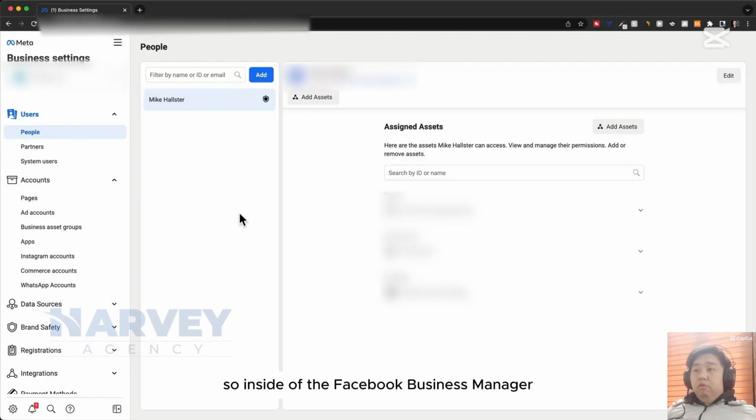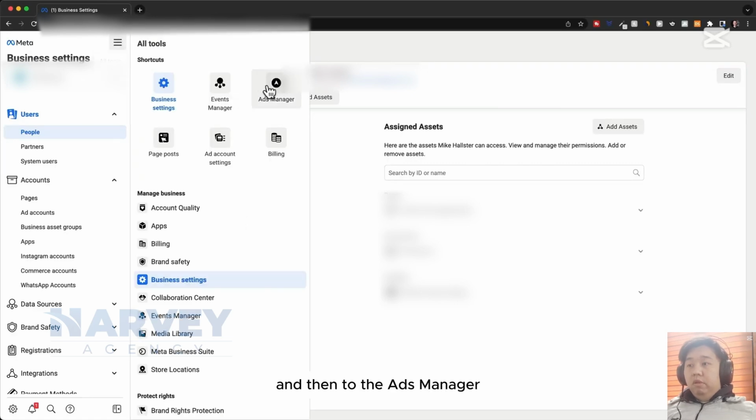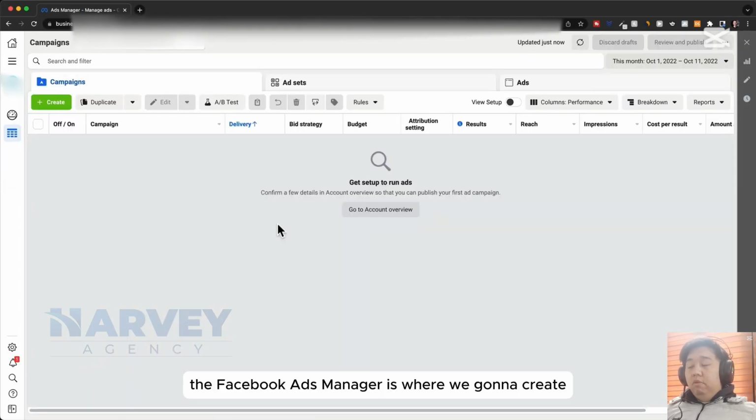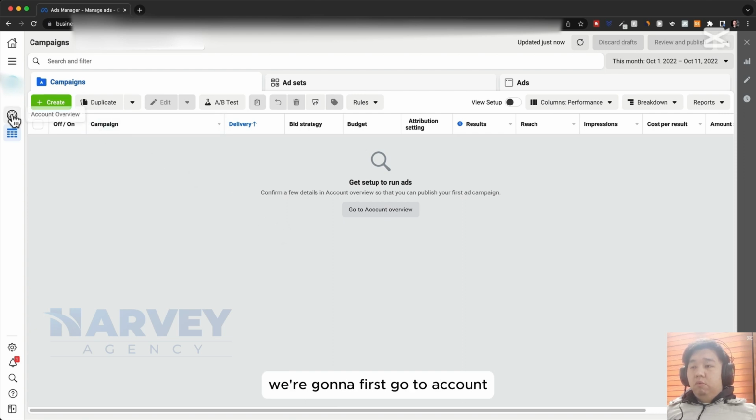So inside of the Facebook Business Manager, to create our first campaign, we're going to go to All Tools and then to the Ads Manager. The Facebook Ads Manager is where we're going to create and manage all of our Facebook ad campaigns. Now, before we go ahead and create our first Facebook ad campaign, we're going to first go to Account Overview